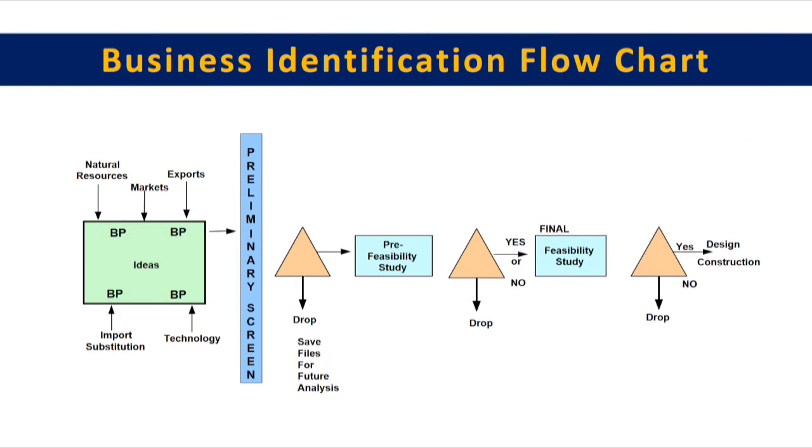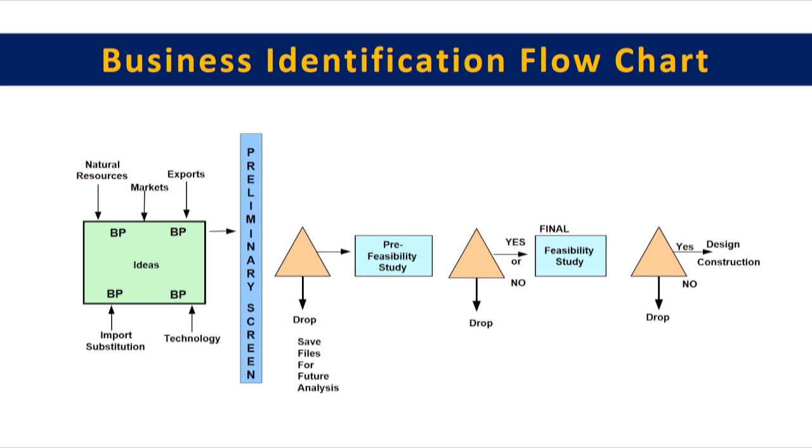This slide is on business identification flow chart. How do we identify the business and how do we go ahead? You see, initially we have a lot of ideas, like a lot of business ideas. You get the ideas from the natural resources in a certain area, then the markets, the exports, the import substitution, the technology. So, from all these things you try to get a lot of ideas, and then you do the preliminary screening. So, after the screening you drop certain ideas, and then you proceed further,